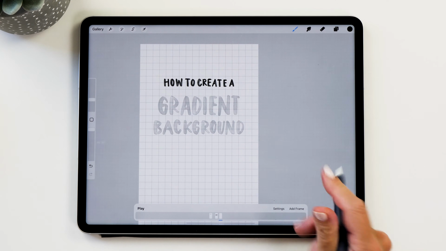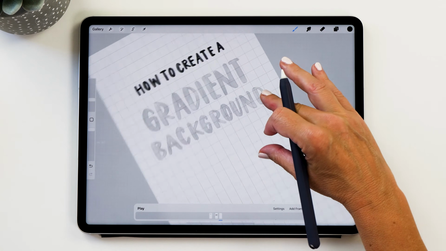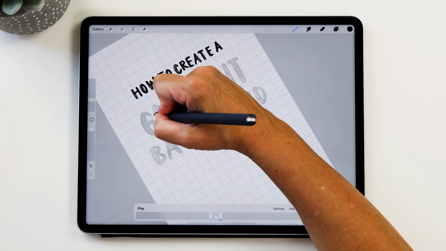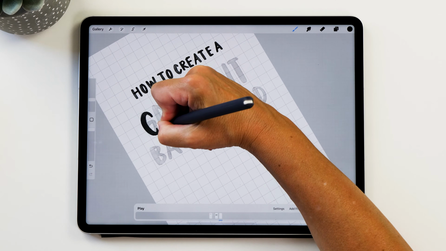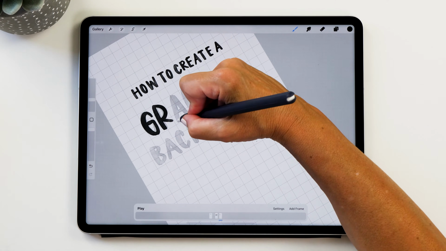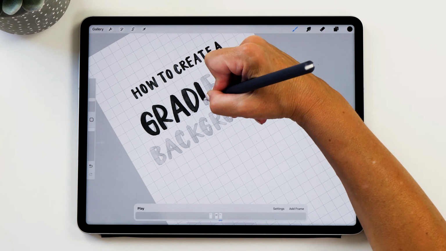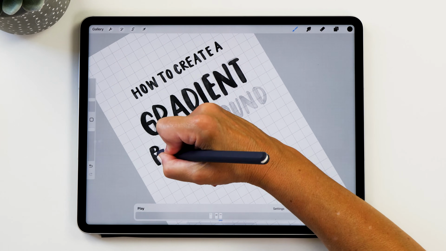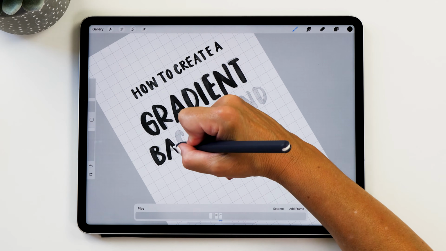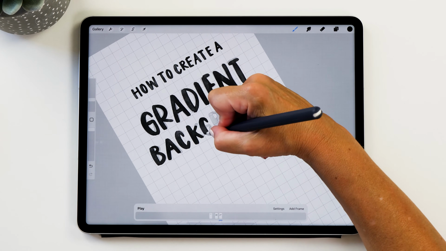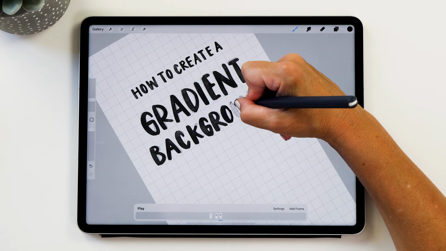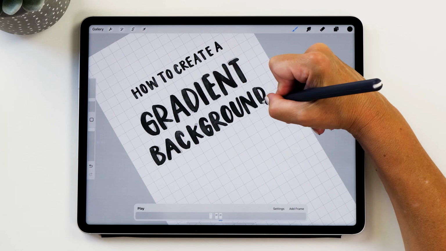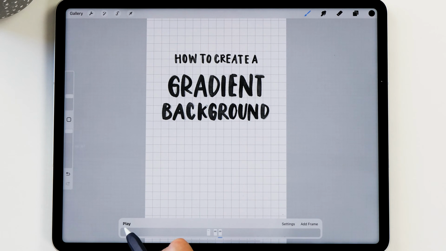So now we're going to add a new frame, and now we're just going to trace gradient background a few times to create our wiggle animation. This doesn't have to be super precise. That is the actual point, and it makes it wiggle because it's not precise. So this is really, really easy to do, and it's a lot of fun as well. I make this for most of my videos because I think these are really cute and they are fun to make as well.